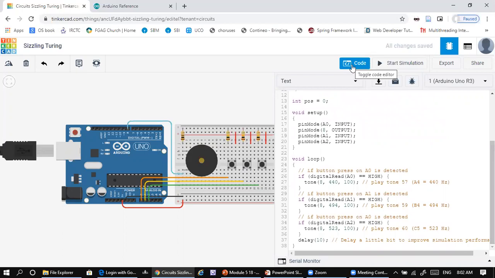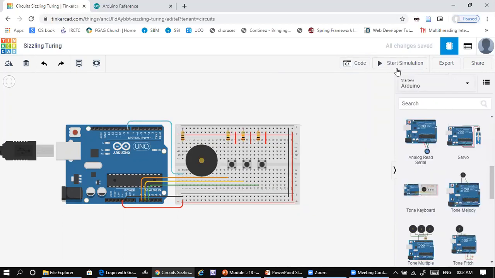Okay, so I can just close the code. I start with the simulation. Once it is ready, I want you to hear this sound properly. You can see that the switches are off now. When I press any of these switches, it makes a sound.